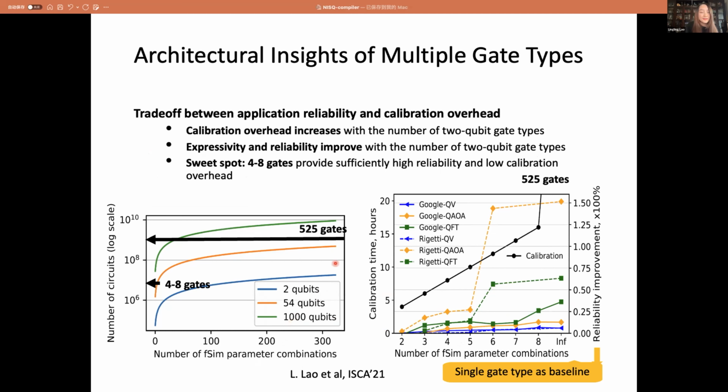So as you can see from the left figure and also the right figure, the calibration overhead increases with the number of 2-qubit gates, and the expressivity of the reliability, as shown in the right figure, improves with the number of 2-qubit gate types.